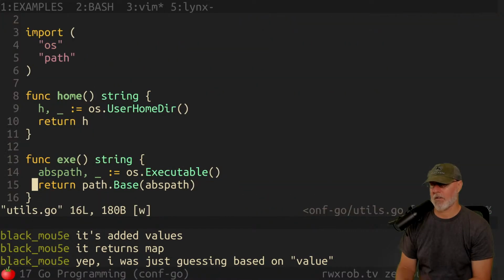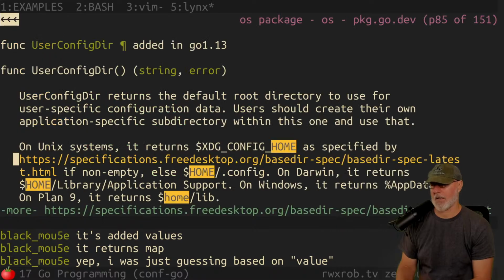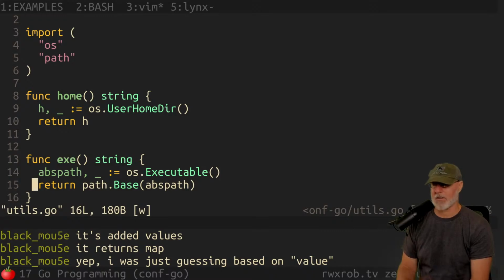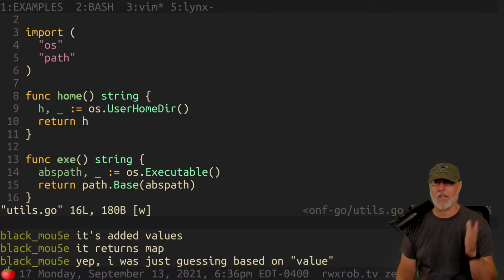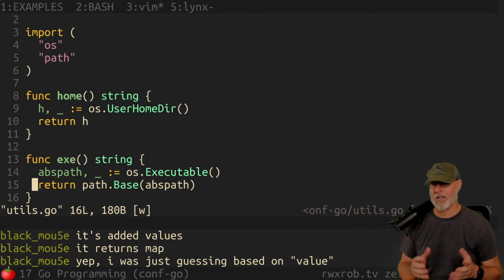So configure, and see how it gives you all the rules about which one it's supposed to be. On Plan 9, it's a different place. I just love it because it follows the conventions of the operating system. This is why Go dominates, because it takes into account all of the operating systems that it supports, and it creates standard library routines that resolve the right things. That is a really big deal when you're writing enterprise software.